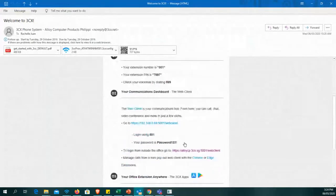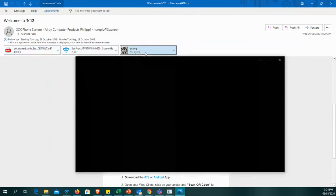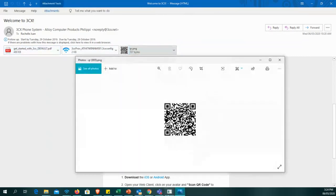You will have to scan this one. It is attached. Once you use the send welcome email, it is attached already. So if you're not sure how it's done, there's also a guide for you to do it, attached by, of course, 3CX SMTP server. So let's open that, and then